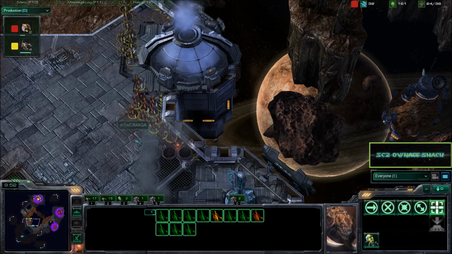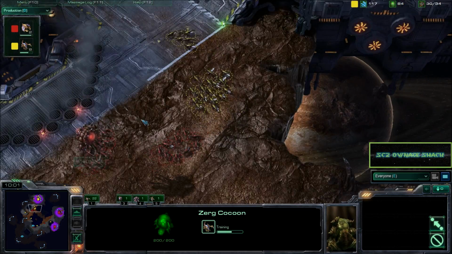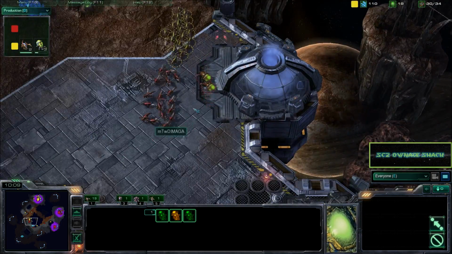It looks like mTwDIMAGA might be making a huge comeback, but we see 14 Zerglings are about to pop out over here. Oh, such a sick game. I'm so glad I decided to go for Scrap Station. Wow. 3 more Banelings are now being morphed here. And 2 are about to...